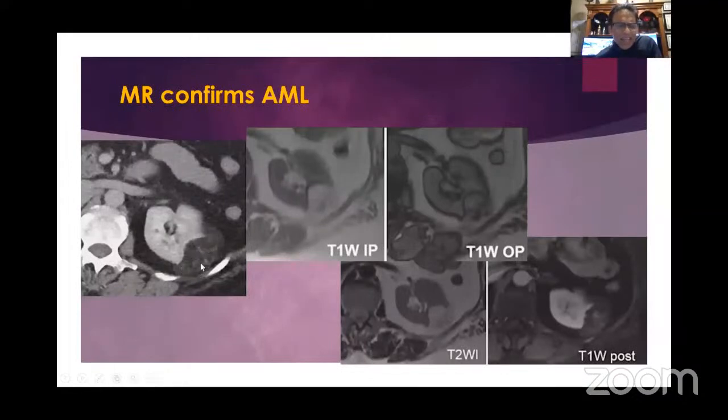Sometimes on CT scan, although with the naked eye you might say that there is fat within this lesion, when you actually measure, because of increased density from vessels, you might not get typical fat measurements. In those patients, MR is also useful because here you can see that this lesion clearly has similar intensity as surrounding fat. It has India ink artifact at the fat fluid interface, and shows some enhancement with IV contrast. So